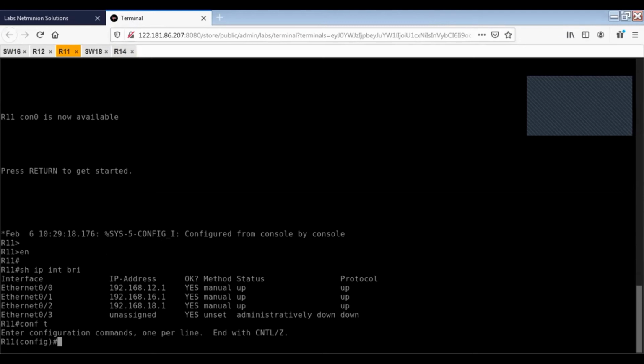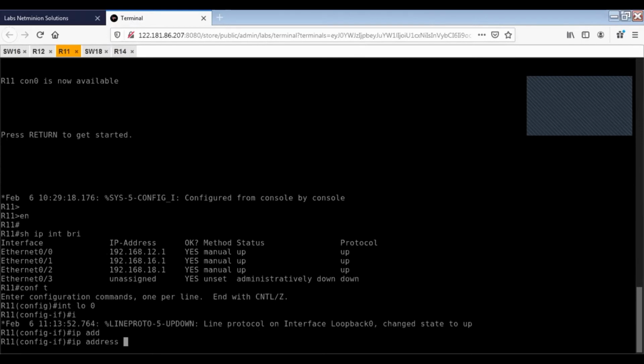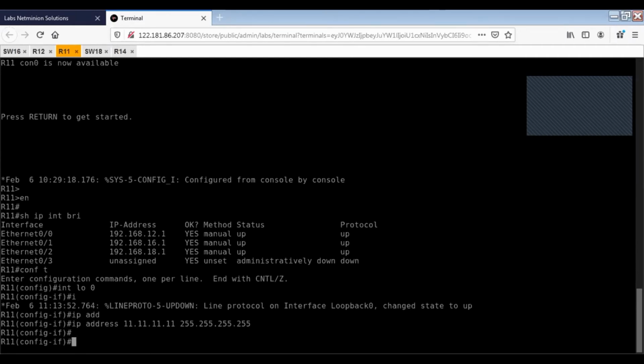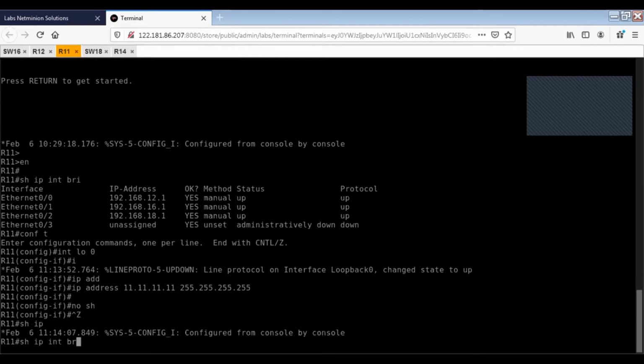We will create a loopback interface here, like interface loopback 0, IP address. For R11, we'll create 11.11.11.11. So let's see, show IP interface brief.